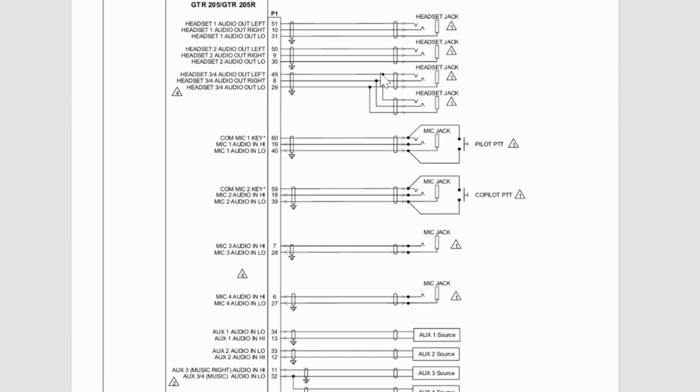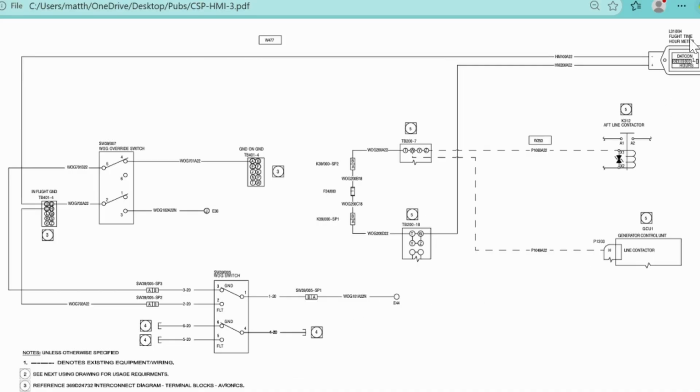There's always return paths with these. With audio, there's always a high and a low in power side. So that was just an example with audio. The next example we're going to do is the weight on ground